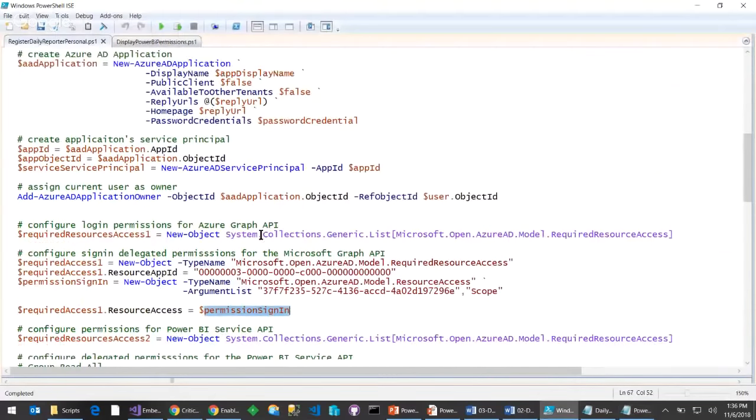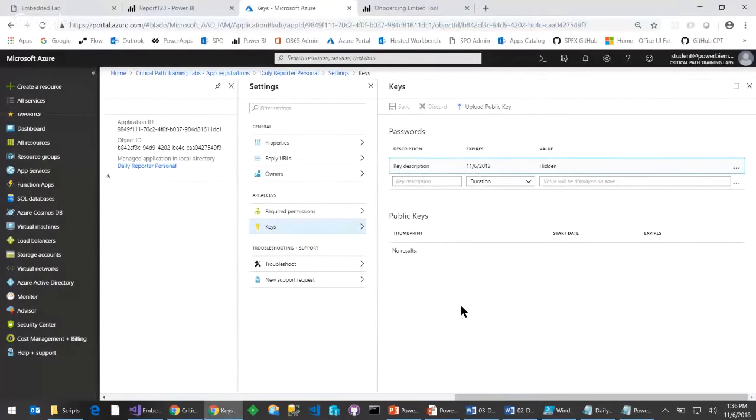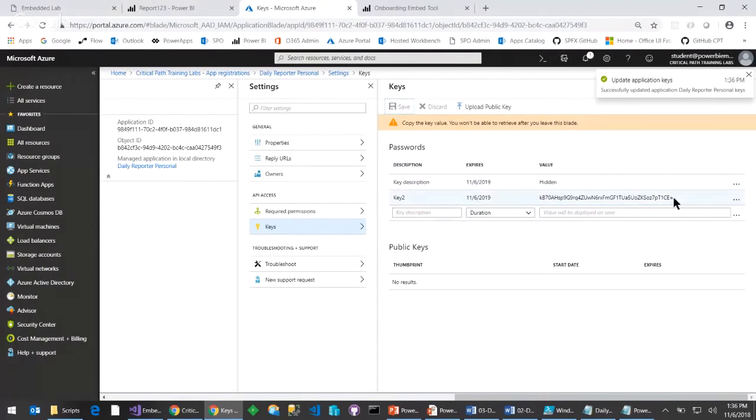Okay, now let's say that we've now been to a point where we've created the permissions. The last important thing that we need to create for this web application is a key, what we can call an app password. Now, if you were going to do this by hand, one of the things that you could do is you could come in here and you could say, key 2, you could give it a duration, and then you could go ahead and click save. And then you've got this one-time opportunity to take this and copy and paste it into your code. But we can